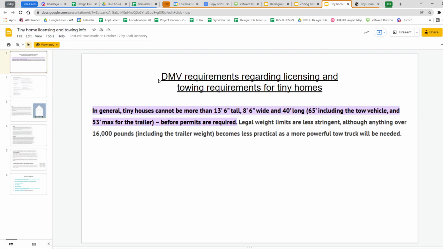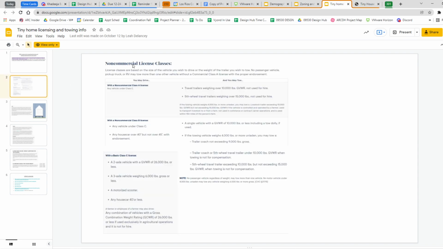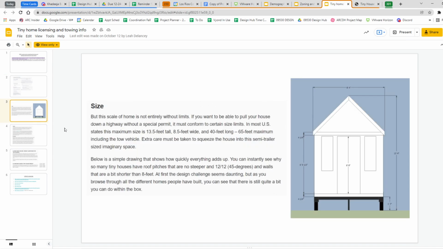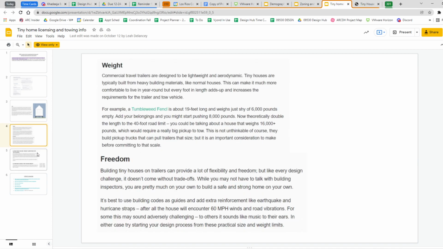And then the DMV requirements for a tiny house, right? 13 feet 6 inches tall from the ground, 8 foot 6 wide, no more than 40 foot long. And after that, you need permits. And so that became the design requirement for the tiny houses. And here's just different types of licenses that are used. This is how the measurement gets done, right? Typical, here's some weight information, and